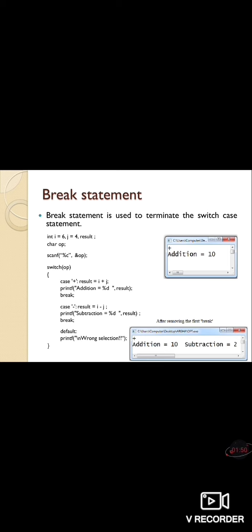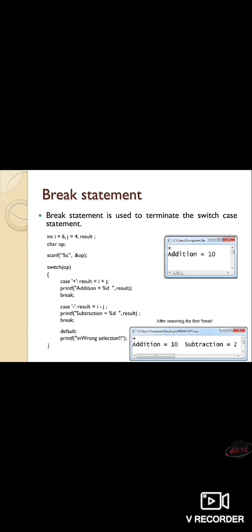Here result equals i plus j, means 6 plus 4, that is 10, will be assigned to the variable result, and using the printf function we print the string addition equal to 10 to the console.